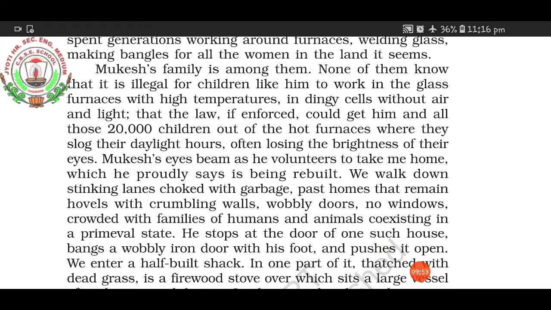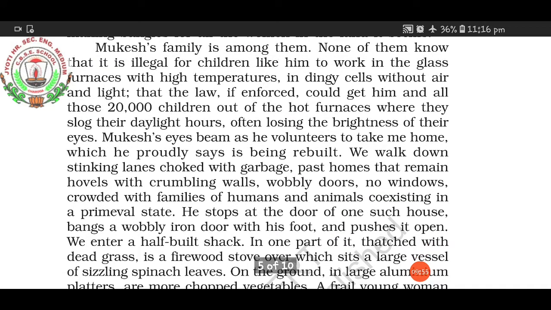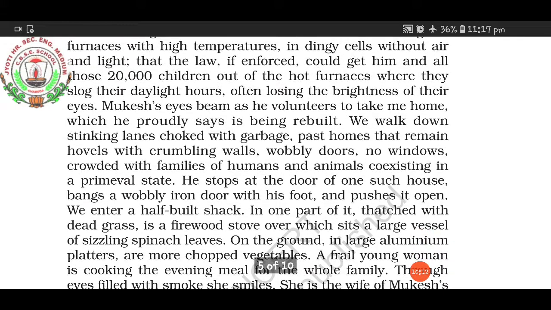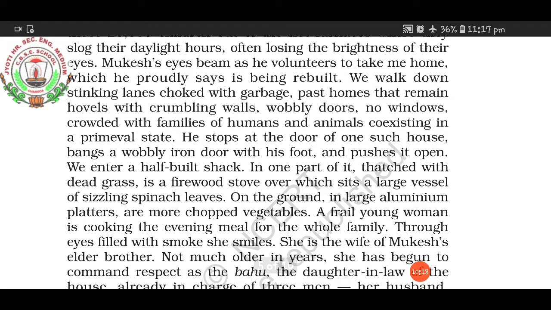And it is very pathetic and very sad that this entire category might not even be knowing that the working of children below the age of 14 or thereabouts is totally illegal. And if any action is ever taken, around some 20,000 children will be out of these clutches. But then Mukesh took our author to his house, and he feels very proud that his house has been renovated,